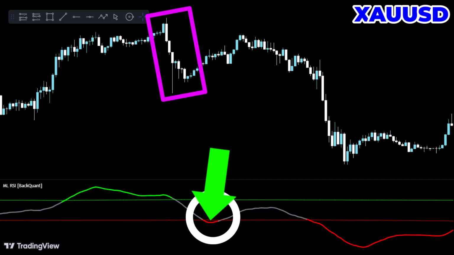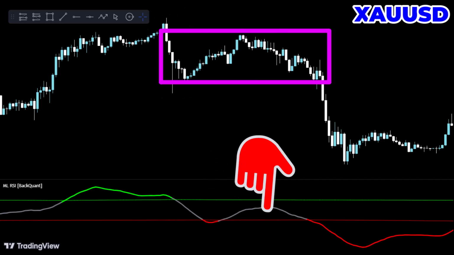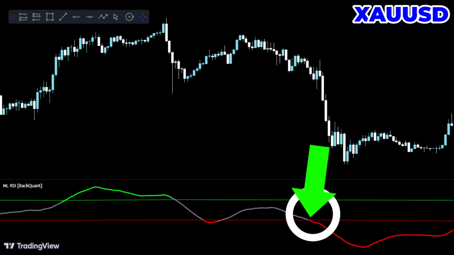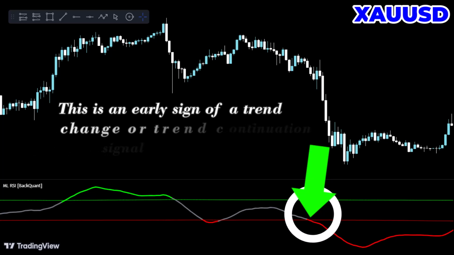But there were not enough sellers in the market to push the market immediately, and then price started consolidating around here. You can also see the RSI moving average changing to gray and also staying inside the two thresholds. But then the indicator's moving average crossed back below the red threshold and also changed from gray to red. This is an early sign of a trend change or trend continuation signal, and because of this, you could have